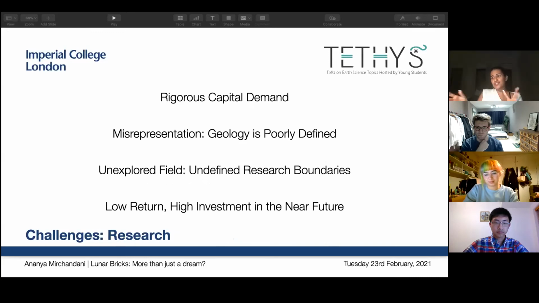So why doesn't research in this field have diverse approaches and has significant gaps? Because of course, with anything in this space, there is rigorous capital demand. We also don't know the geology of the moon, and ISRU applications, whether you're making bricks or understanding water ice, rely heavily on the local geology of where your mission will be deployed. And lastly, this is an unexplored field, so there are undefined research boundaries, which means there are a host of different brick-making technologies and techniques, and you can't really compare them because they use different things, they have different parameters, and they